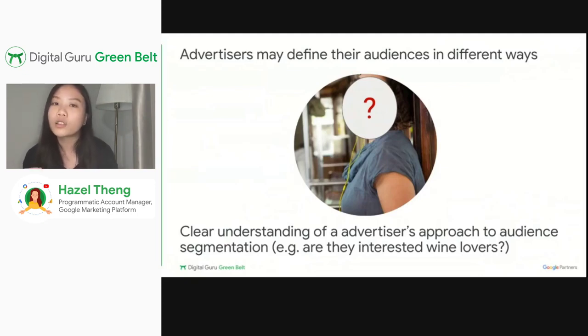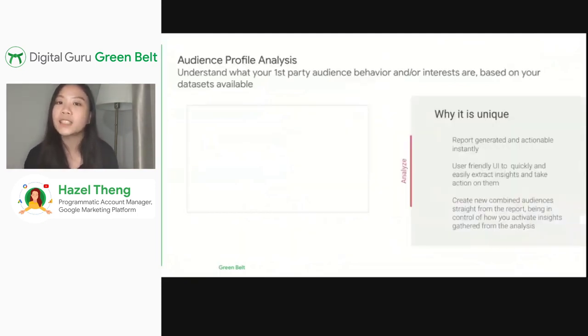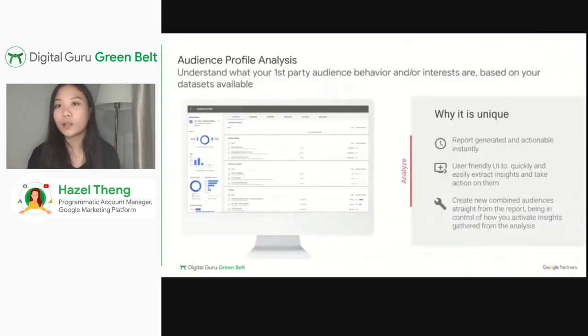In this way, you would automatically increase the pool of first-party data that you collect, not just on your platform, but also on your advertiser's website. Then after you've collected all these audience segments, I'd like to introduce to you the DV360 Audience Profile Analysis tool. This is a very exciting tool. Some of you might have already played around with the tool, but the Audience Profile Analysis tool essentially allows you to uncover insights about your advertisers and find new audiences that would provide incremental reach on your campaigns.